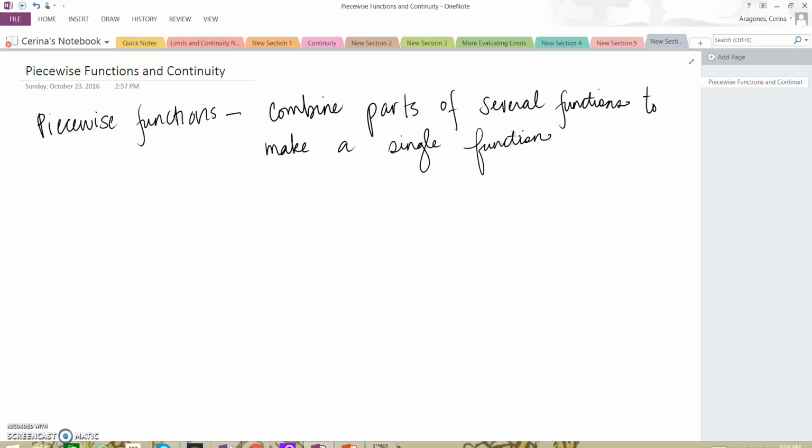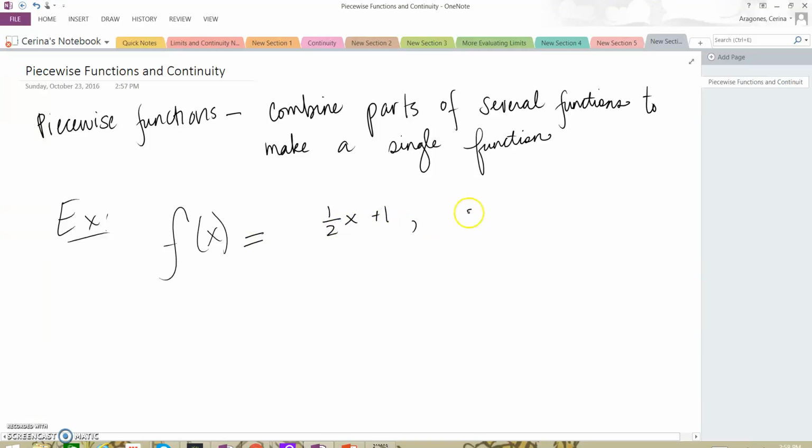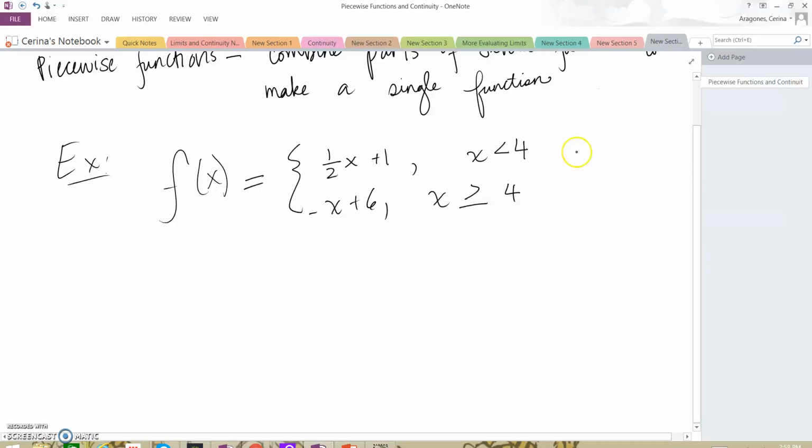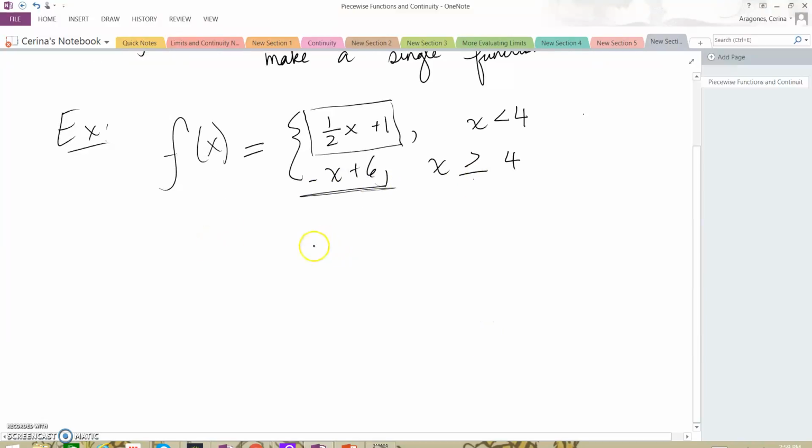Okay, so for example, let's say we have something like f of x is equal to 1/2 x plus 1 when x is less than 4, and negative x plus 6 when x is greater than or equal to 4. So essentially this means on our domain, whenever our x values are less than 4, this is the graph of the function, or the equation for the function. When x is equal to or is greater than 4, then this is the equation for the function. So now if you graph this,